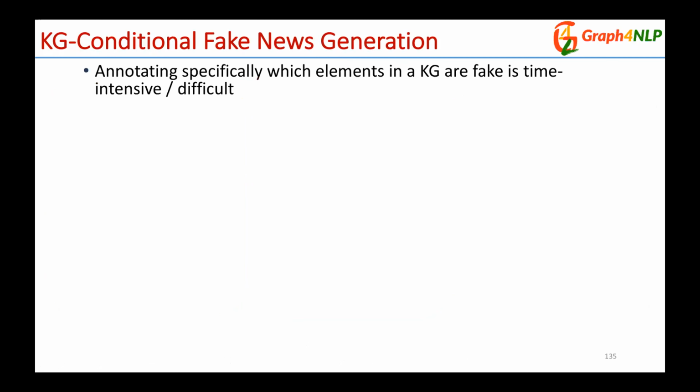So one more bottleneck about this task is we don't have any training data, because human written fake news is usually removed immediately after they are published. So we will need to figure out a way to automatically generate training data. And again, graph plays a really important role here, because if we can manipulate the knowledge graph somehow so that it can become a slightly fake graph from the authentic news article,